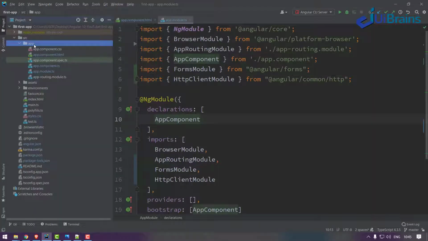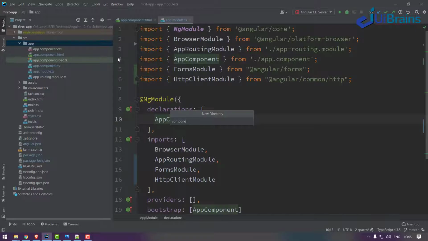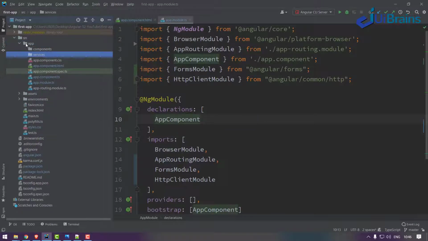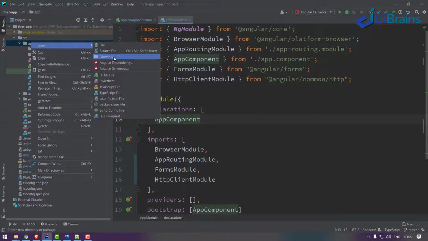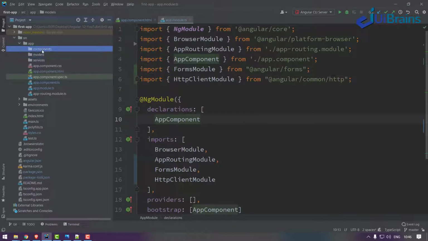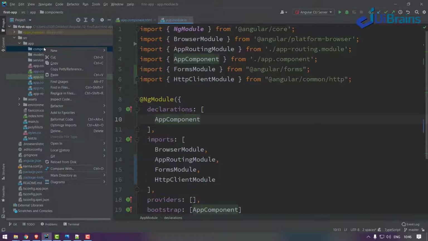Back here in app, I create a folder called components, another folder called services, and one more folder, models. In components, we need three components. You know how to create a component, right? ng g c. Let's right click on components and open in terminal.